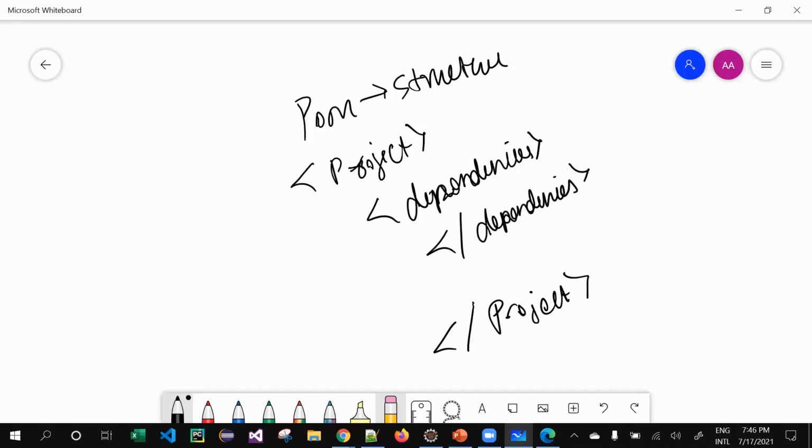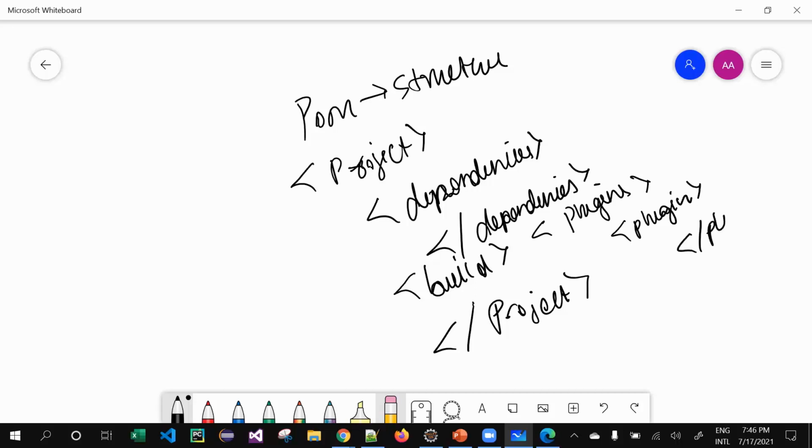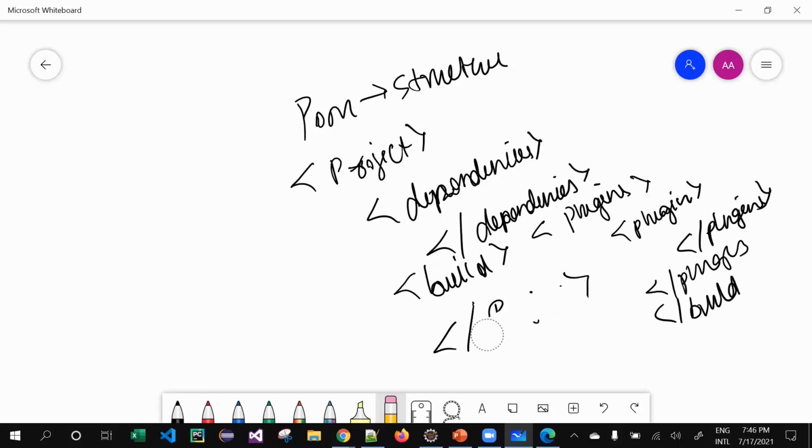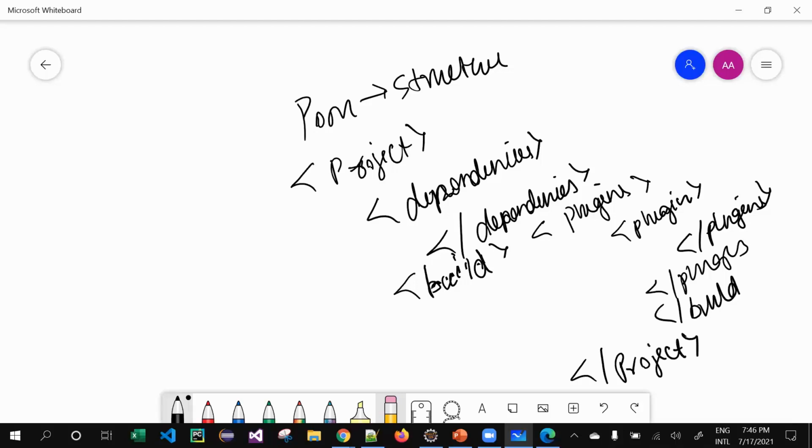It's just a basic thing, but there is a lot of stuff over here. Then you have a build, and inside your build you have plugins, and inside your plugins you have a plugin, and you have close braces for everything. It's a simple XML, so don't forget to close your braces. Then slash build, simple. Then your project ends.